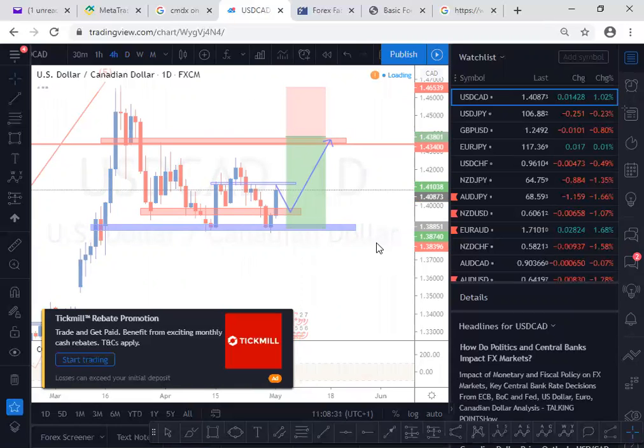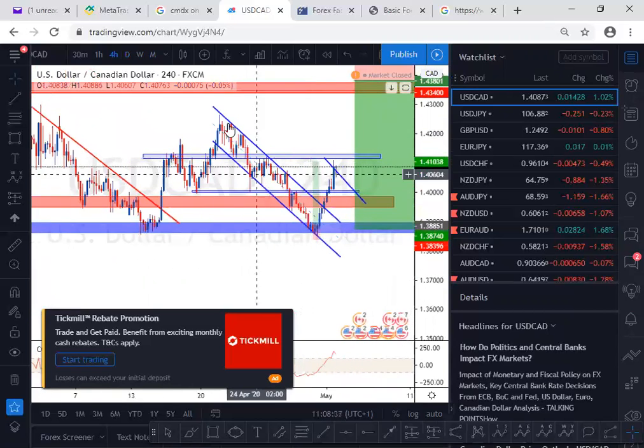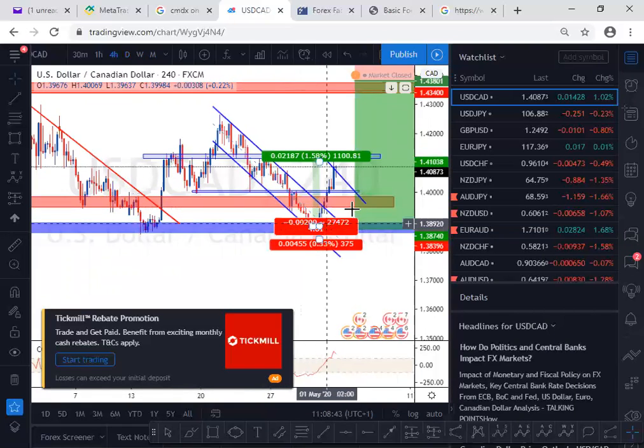That's what we want to be seeing, because I like to teach my students that you want to be seeing commitment from the market before you commit to the market. And during the time price was coming down to this zone, we can clearly see that price was making lower lows and lower highs. There was no reversal of some sort.